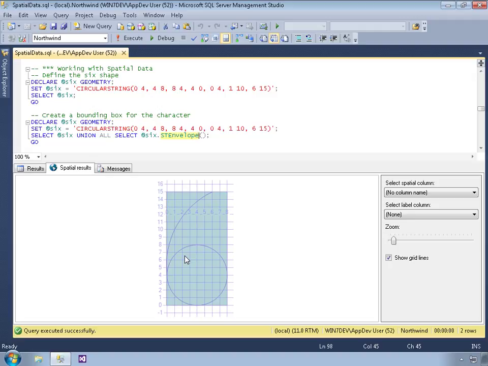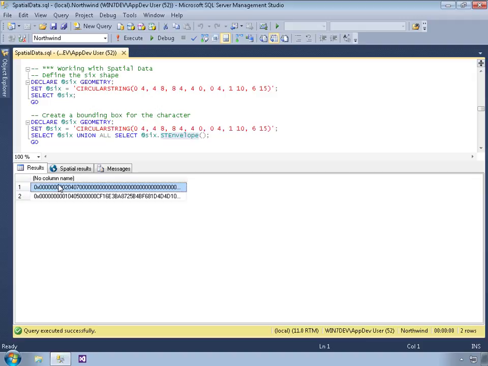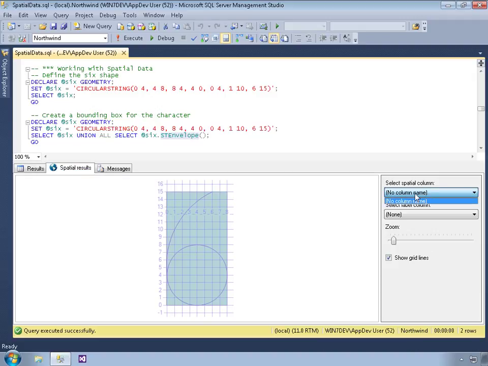I have to return multiple rows of data. So if I go back over to the results, that's why I set up the select statement as a union all in order to return the data using a single column. Because I can only display 1 column at a time. Now, other products that display spatial data may be a little bit more flexible, but this is the reality of working with the Spatial Results tab within Management Studio. Okay, so I union those 2 select statements together, and then this method returns another object, in fact a polygon,